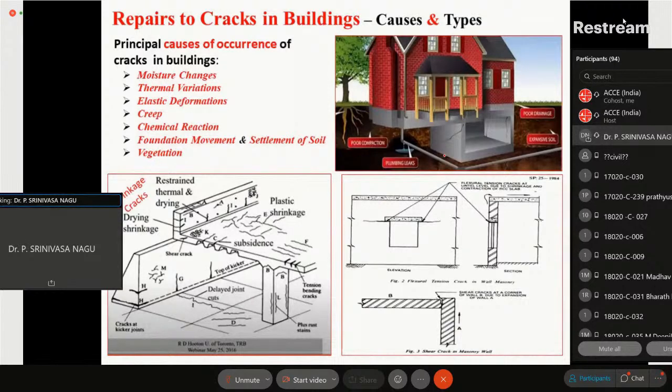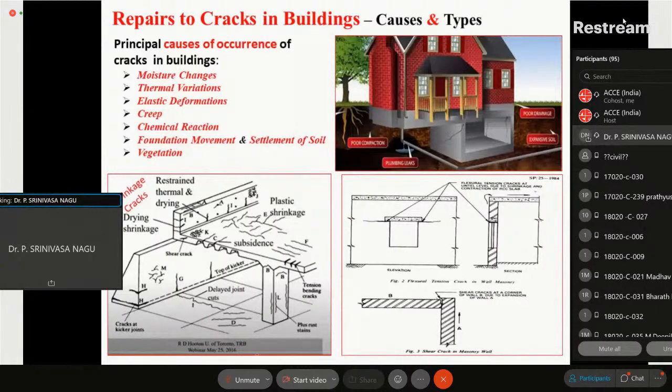Then chemical reactions, chemical environment, acids, factory conditions, or certain storage materials, they may cause these problems. Or as I told you, the inorganic acids within the sewage lines, etc., they cause this. Then the foundation movements and settlement of soil, tree roots, vegetation, all these things. You can see the shrinkage cracks in a small sketch,